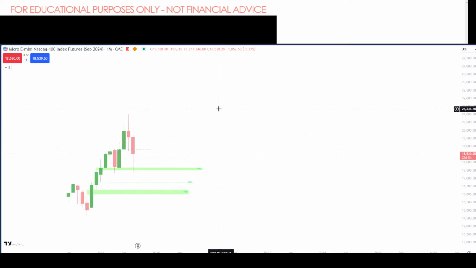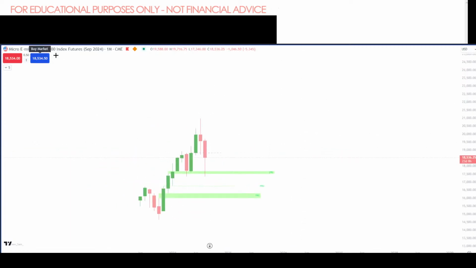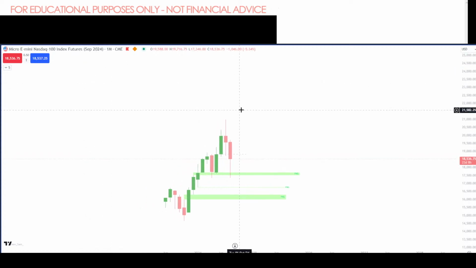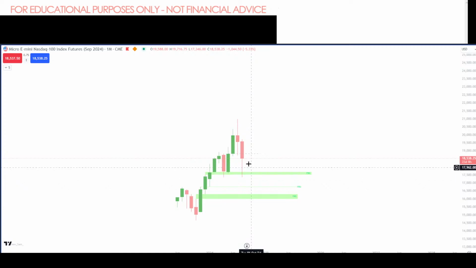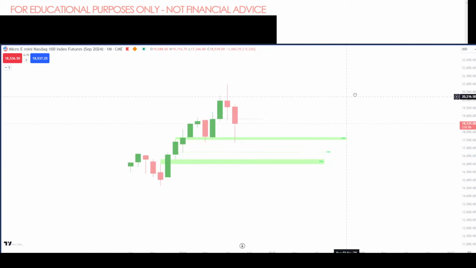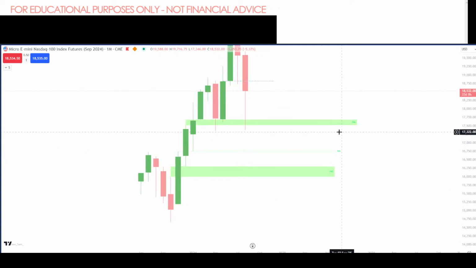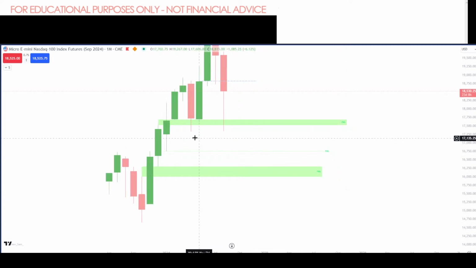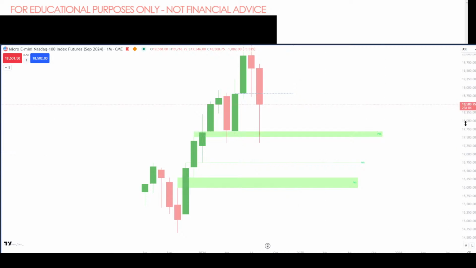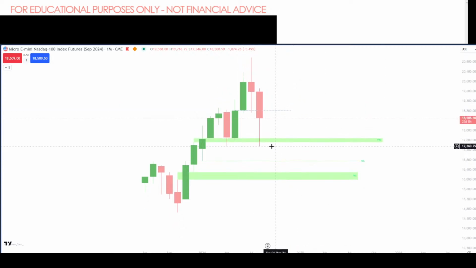All right, we're now looking at the monthly micro E-mini Nasdaq contract, September contract, and we've had quite a dip coming down, creating these relatively equal lows down here. Let's mark that off. The low of April was 17,333, and the low so far of August was 17,346. So we got an extra 13 point difference here. This is slightly higher, which means that we did not grab the liquidity lying below here.